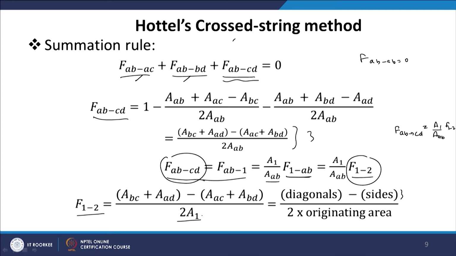As you see, this is a very simple method: just by using the view factor algebra, the summation rule and the reciprocity theorem, we have calculated the view factor between two surfaces which are not represented by any mathematical relation, which are complex in geometry. Now, to demonstrate the power of this method, we will solve the same problem that we solved using the area integration method, which involved complicated integration and algebra. So, we will solve this problem using this method.